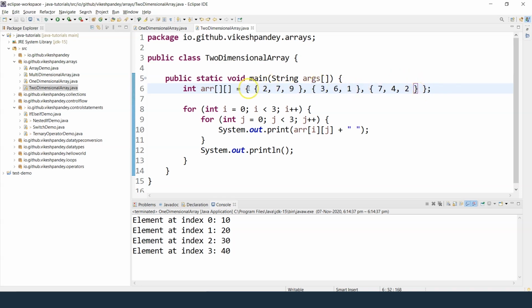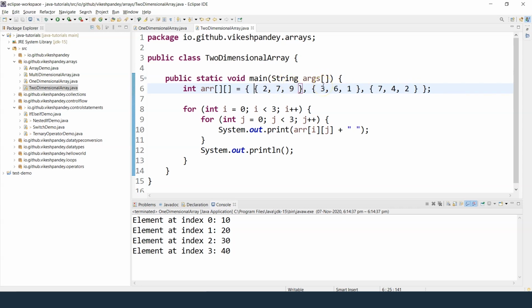The idea is that you provide the outer curly braces to define the overall structure. And then each of the inner curly braces represents a row in your two-dimensional array. So I can say that this is the first row, this is the second row, and this is the third row. And if I try to visualize it in terms of columns, then this is first row, first column, first row, second column, first row, third column.